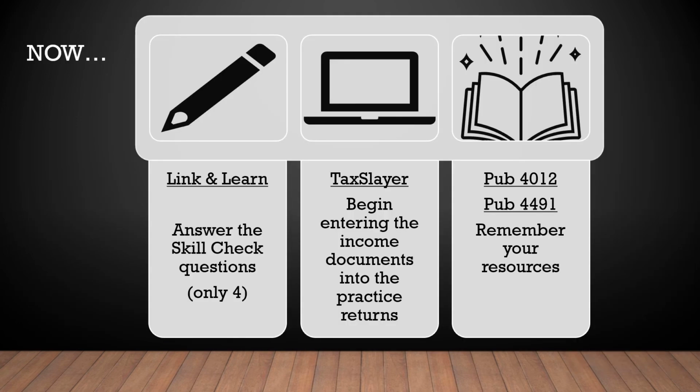So now that we've covered really quite a lot of ground on some common sources of income and income that's excluded, we talked about some earned income, wages in particular, and we talked about a few sources of unearned income such as interest and dividends, and we talked a little bit about state and local tax refunds and alimony.